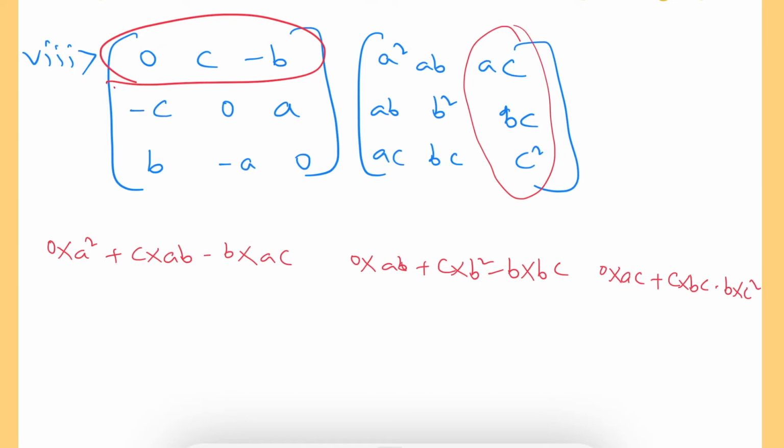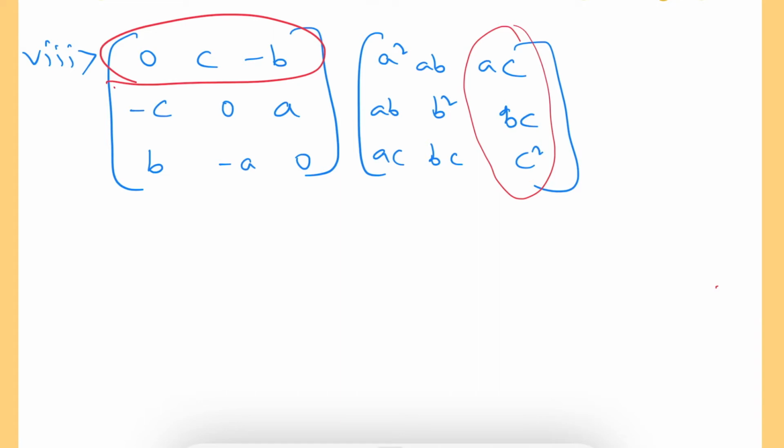Okay, actually here what's happening? 0 into A square doesn't have value, 0 into AB doesn't have value, 0 into AC doesn't have value. So for easy calculation purposes, I completely remove the element 0, so that we can easily write all the remaining elements freely in a lot of space. So now again I'm starting from the beginning.